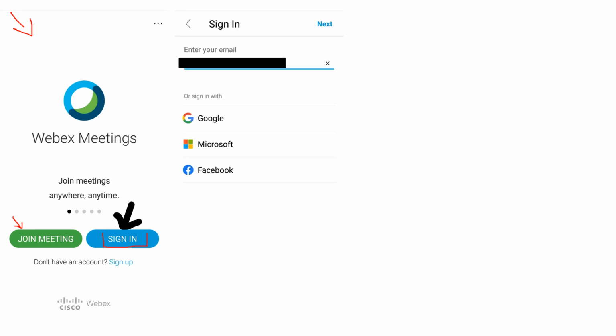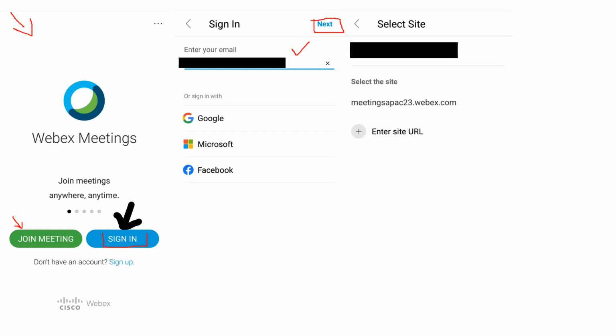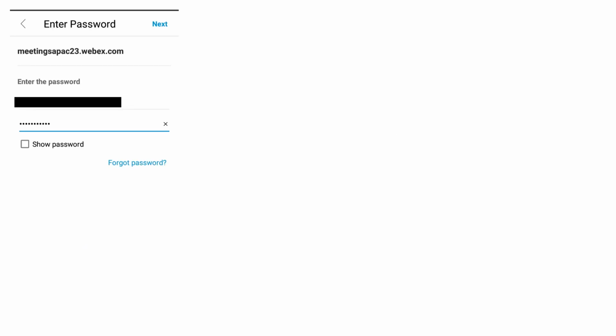Once you click on sign in, you will be asked to write your email address over here and then click on the next button. After clicking next, select the meeting site which has been provided by WebEx. Once you select the site, you will be asked to enter the password.